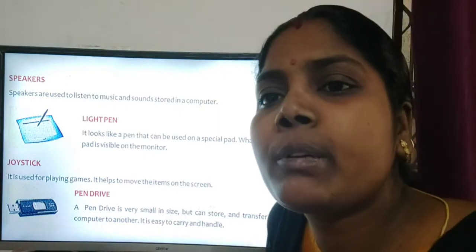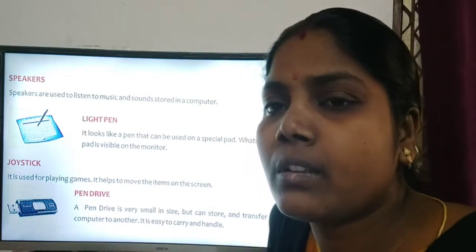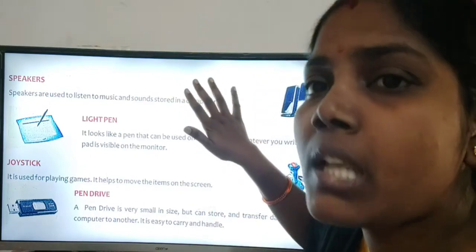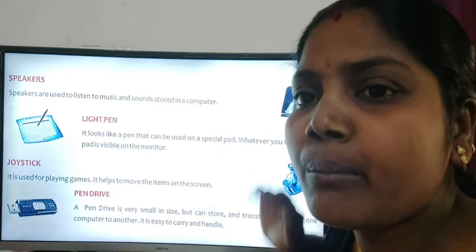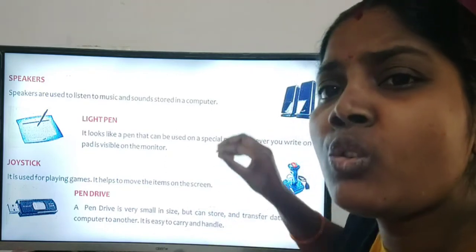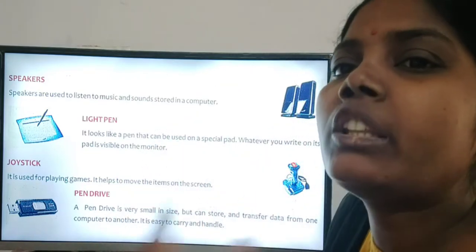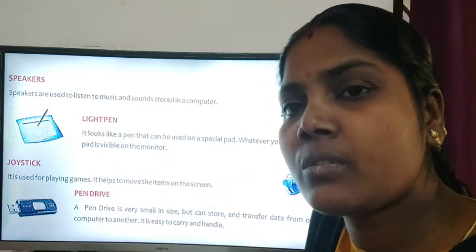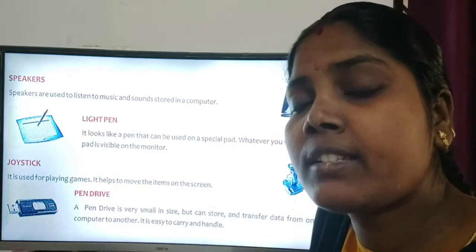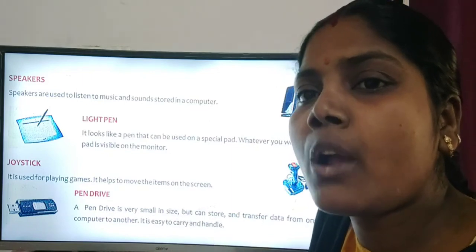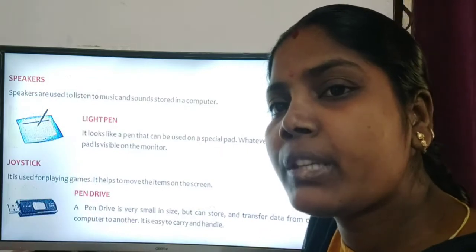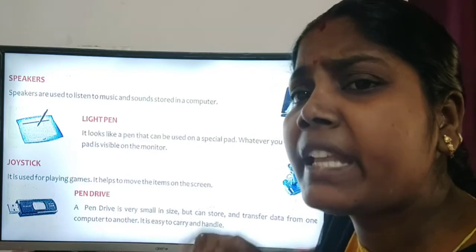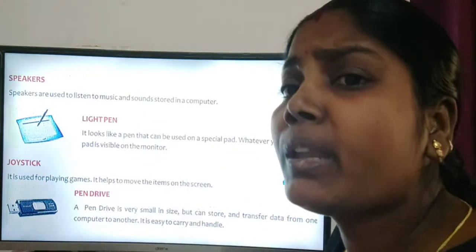For what purpose are we using a pen drive? If I have some important source on my computer and want to move the same information, files and applications to another computer, I cannot carry the whole system with me.